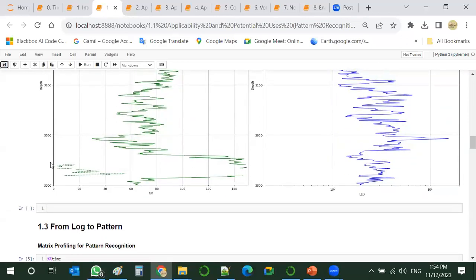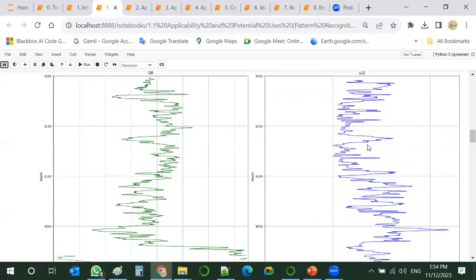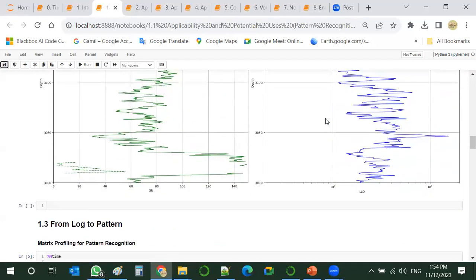Gamma ray, and here it is overscaled, so it shoots over and it's higher than 150. And this is our deep resistivity, LLD.